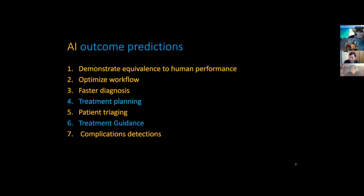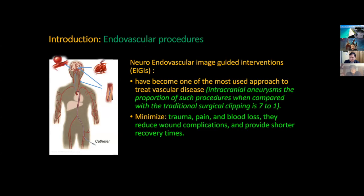And today, I'm just going to go over treatment planning and treatment guidance using AI predictions. So again, a few slides are a repeat of my previous lecture, part 2. I wasn't sure how many people have seen it, so I'll just quickly go over some of this. So the procedures that I'm focusing on are exclusively catheter-based procedures using X-ray image guidance,